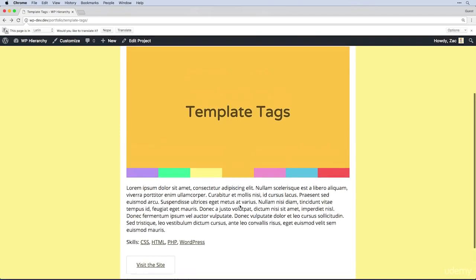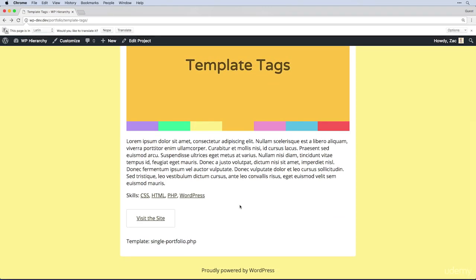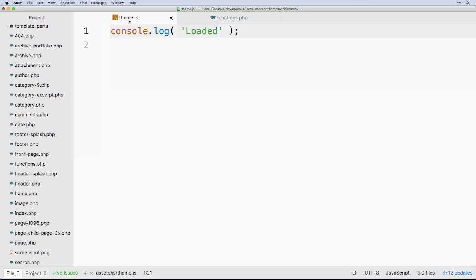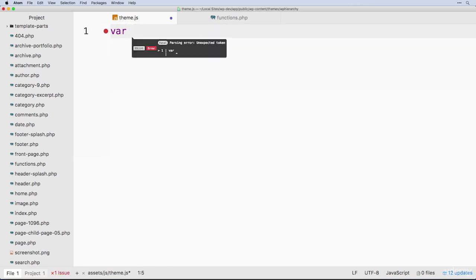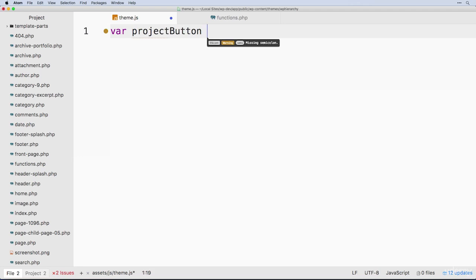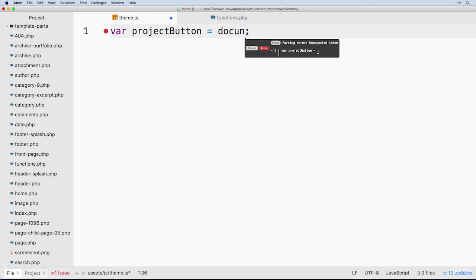You'll have to select something special based on whatever your site is, but this isn't a lesson in JavaScript. It's really just a lesson in how to include JavaScript on the page. So let's go do something simple here. If we come back to our theme.js, we're going to set up a variable called projectButton. And this is a variable just like in PHP, except instead of using a $, we're using var. And then we have to set that to be equal to